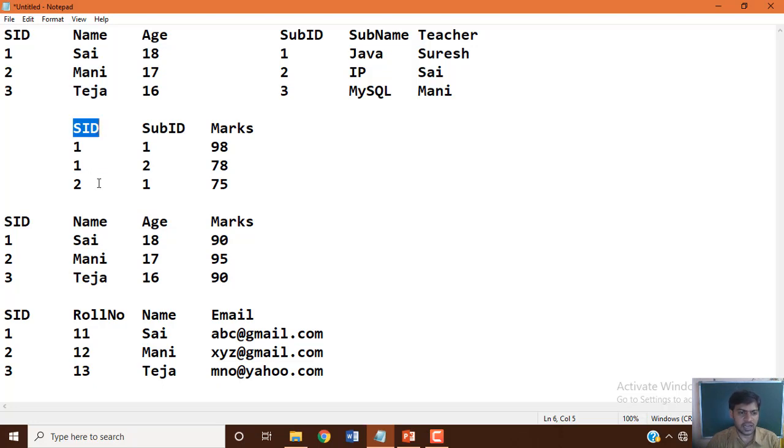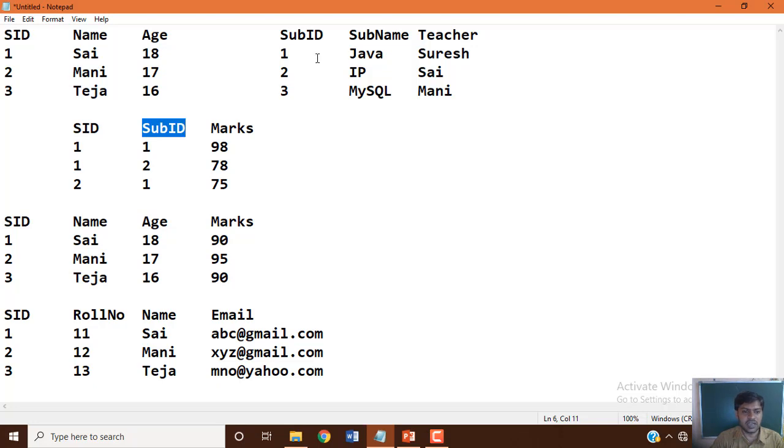Foreign key values can have multiple values, which means the same value can be repeated in a foreign key, whereas in a primary key, duplication cannot be accepted. In the same manner, to make a relationship between the subject table and the student marks table, the subject ID in the subject table is the primary key, and the same subject ID in the student marks table is a foreign key.